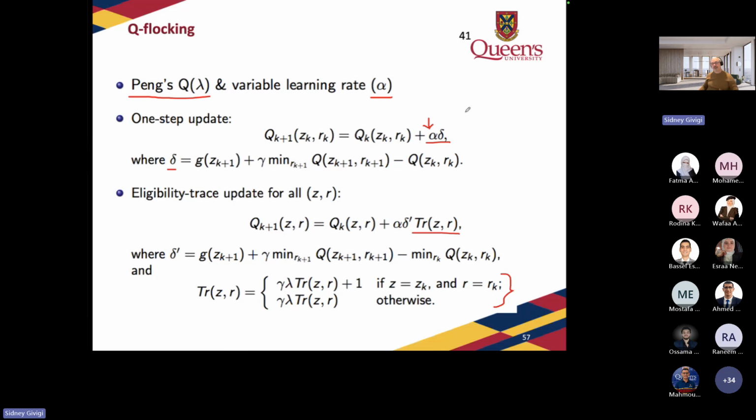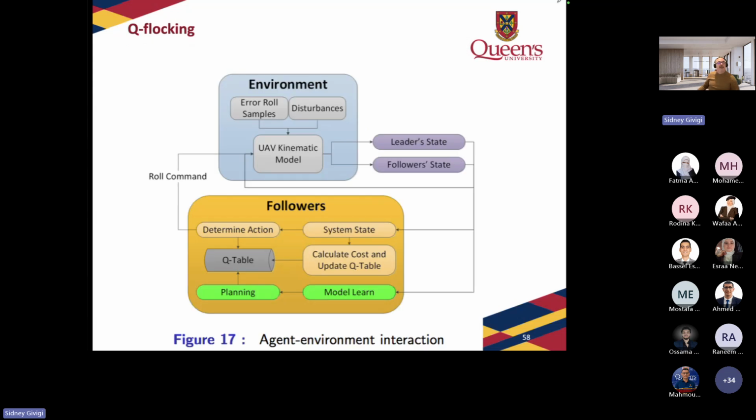Okay, so this was the second innovation that was put together in here, and this gave us this algorithm, Q flocking, that creates this flocking. On top of that, we have used this idea of planning to make sure that we can actually learn faster. So we expanded this so that we have a model learning approach here. This model learning is what we saw today.